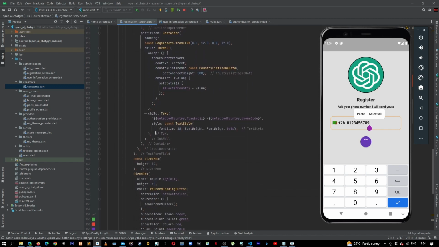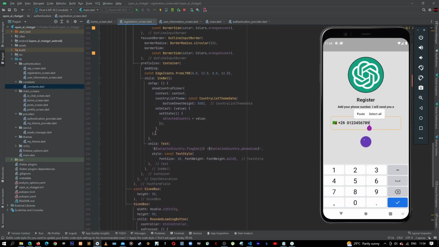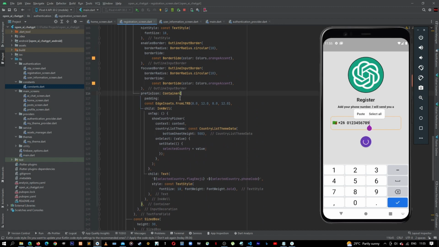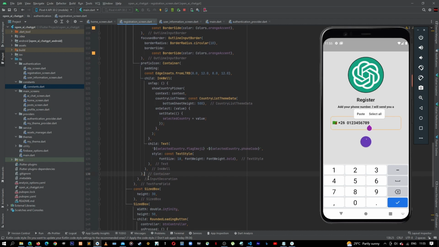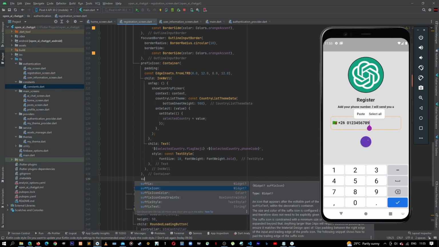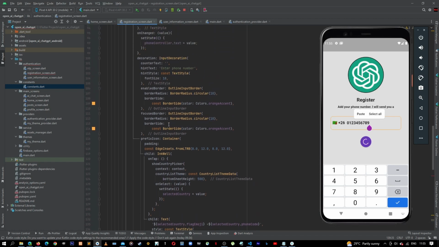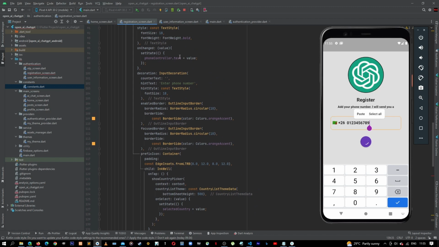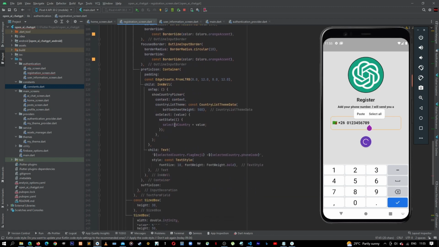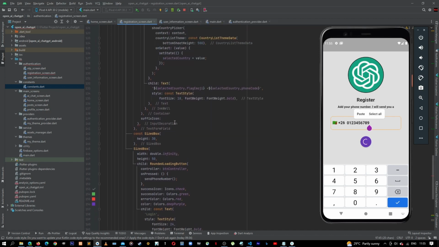And then also let's add the suffix, after the prefix icon. We can add the suffix icon. So for that one, let's come back here. Let's say suffixIcon. Now, since in the onChanged, every time we change, we are putting the new value equal to our controller. So here on the suffix icon,